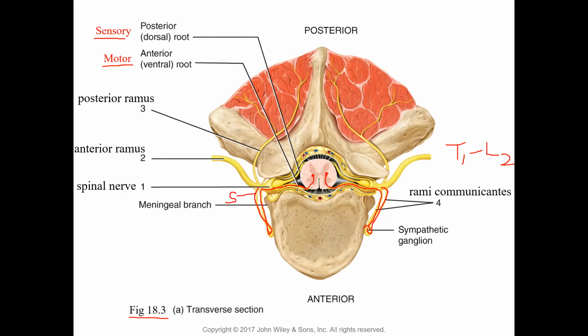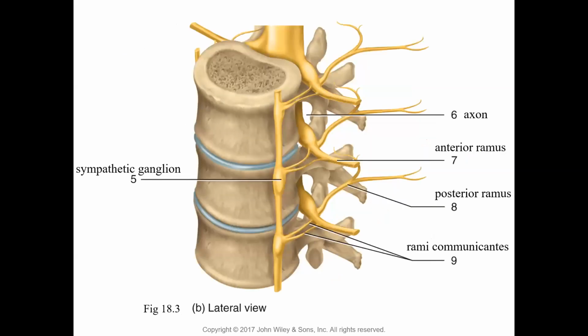So I think we're done with this figure. I use this figure because I figured it'll be easier to understand with this diagram, and we'll see a different view of the same thing. So this is again from figure 18.3. It's a lateral view, and we're not able to see the anterior root here because what we're seeing is the spinal nerve coming out. But presuming I'm drawing over the anterior root, we have your